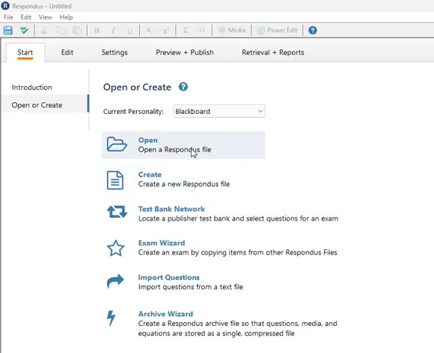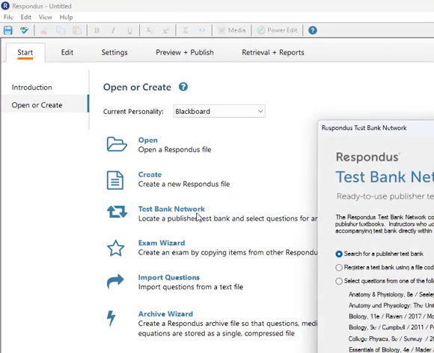If I've already made a file, I can open it and change it. I can create a new file. But here's the golden thing right here, a test bank network. When you click on this one,